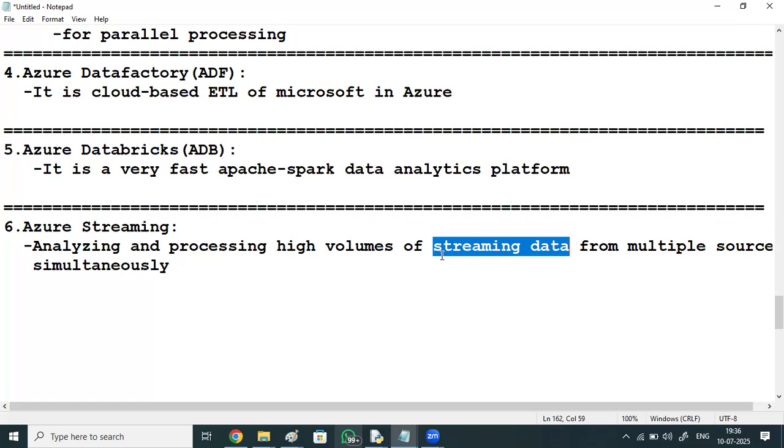But streaming data, for example from a CCTV or webcam: in the morning it is 2 GB, afternoon it becomes 3, evening 4 GB, after 2 days 8 GB, after 10 days some 20 GB. It keeps on incrementing, and many events are generated. So it is analyzing and processing high volumes of streaming data from multiple sources, simultaneously.